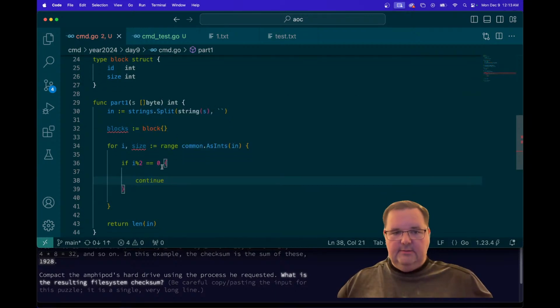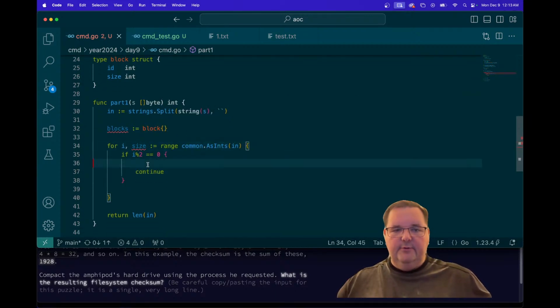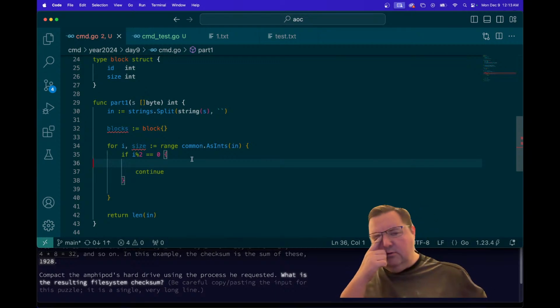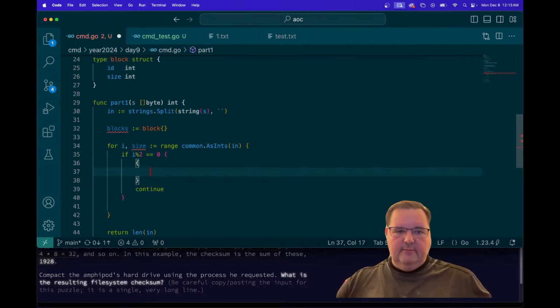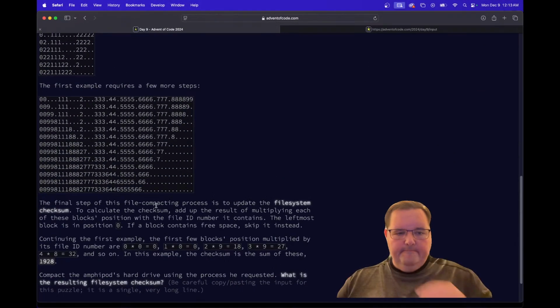We'll do that. So on the first one, I is 0. So I think 0 is actually the block of the